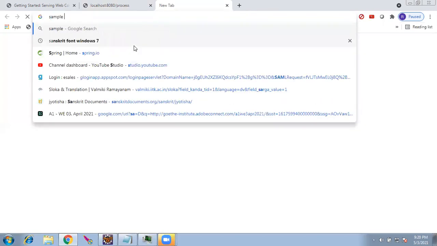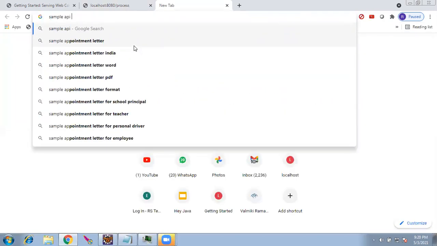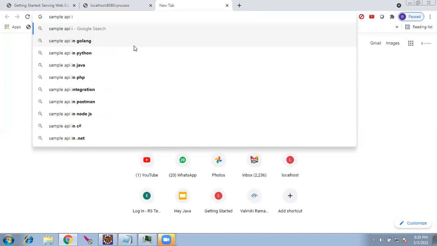For that, you need to know what an API is, because Postman is used to test the API. Suppose a sample API for testing.